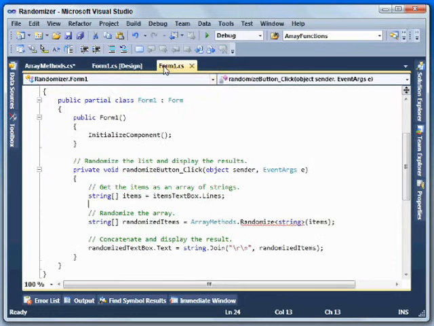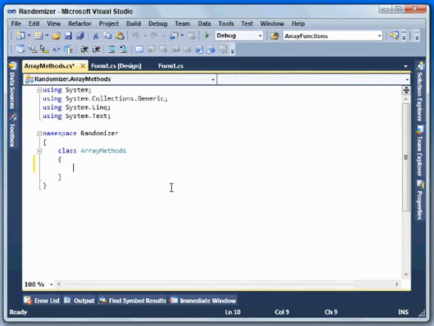If we go back here for a second, you can see how it just calls ArrayMethods.Randomize. It hasn't actually created an instance of ArrayMethods with the new keyword and then called that object's Randomize method. So for a method like this, that's pretty handy. So we're going to make this a public static